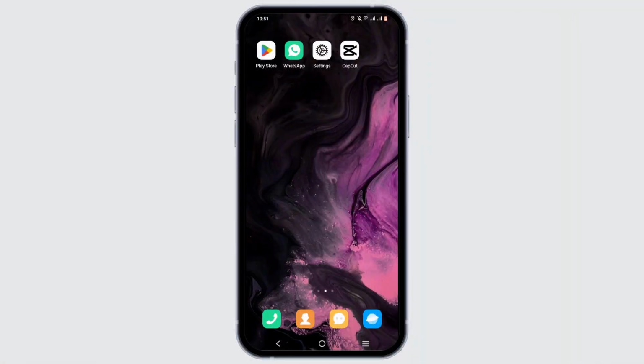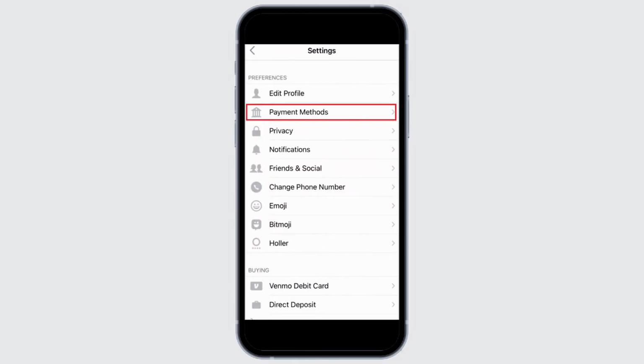If you're wondering if you can create a second Venmo account, the answer is yes, you can. In order to do so, just launch the Venmo app and make sure that you are logged in to your account and your app is up to date. To create a second account, all you have to do is tap on the settings gear icon